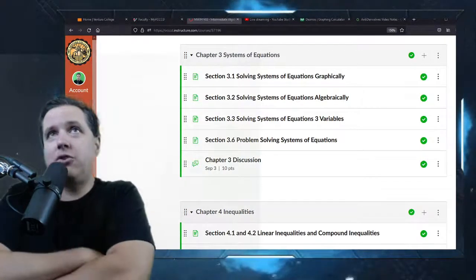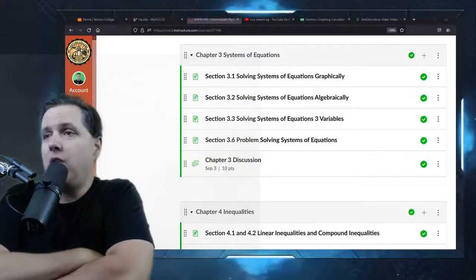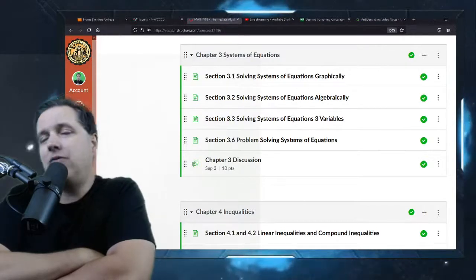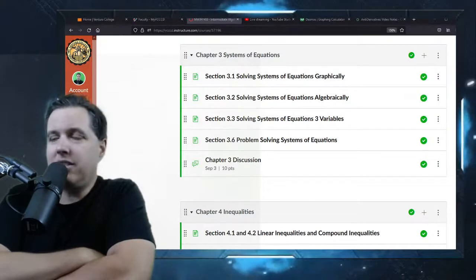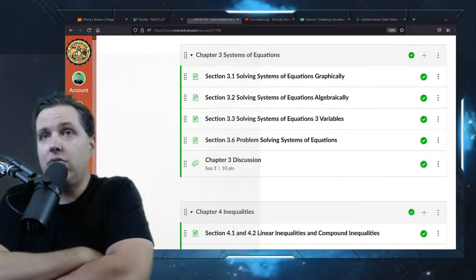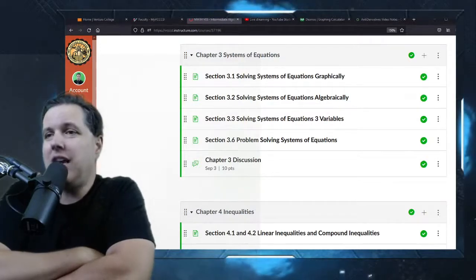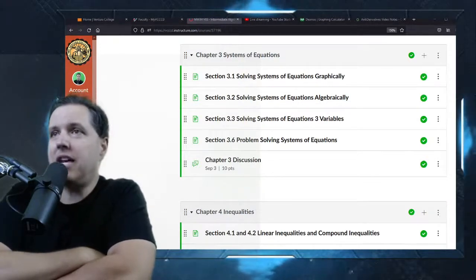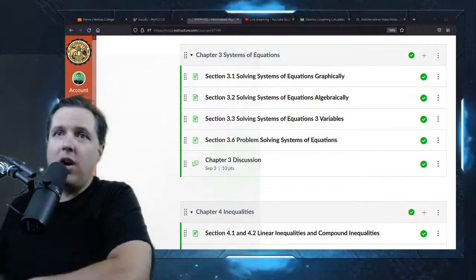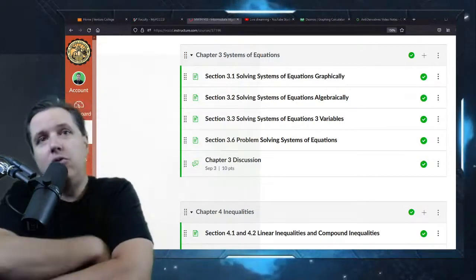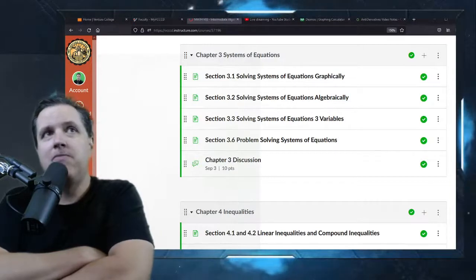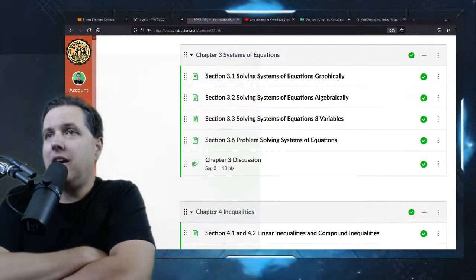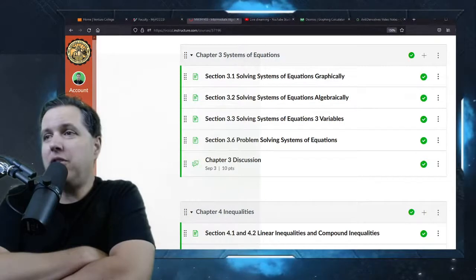Basically, I'm going to introduce systems of equations to you. It's one of those things that seems confusing, but once you get the hang of it, you can do every system of equations that people throw at you. They're kind of all the same. There's a few different methods, and I know it can be confusing and overwhelming at first. We've got the substitution method, the graphical method, and the elimination method. But at the end of the day, you get to choose which of those methods you want to do, right?